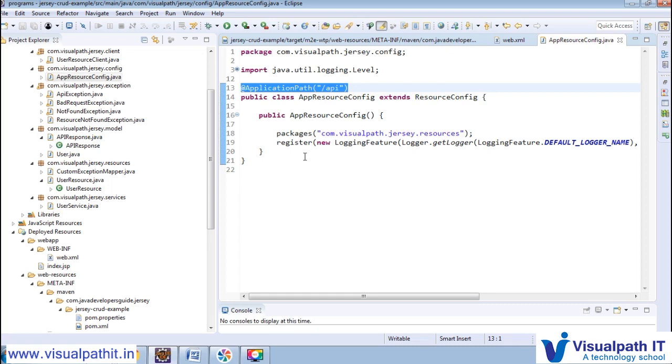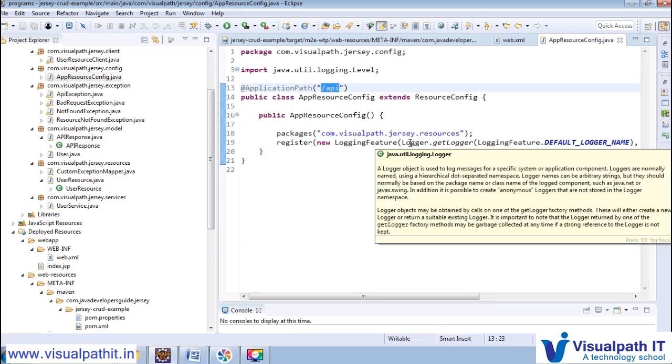So here, using @ApplicationPath with servlet 3.0, we provide the resource here. Whatever resource we provide will be taken automatically. So we are providing /api and a resource annotation to configure the Jersey servlet container. So we have registered the container here. The packages where our application is, that is the main thing. We have added all the @Path kind of things here, com, visual path, Jersey and resource. I added just a logger here. So this is a very basic example where we utilize all the exception kind of thing, and